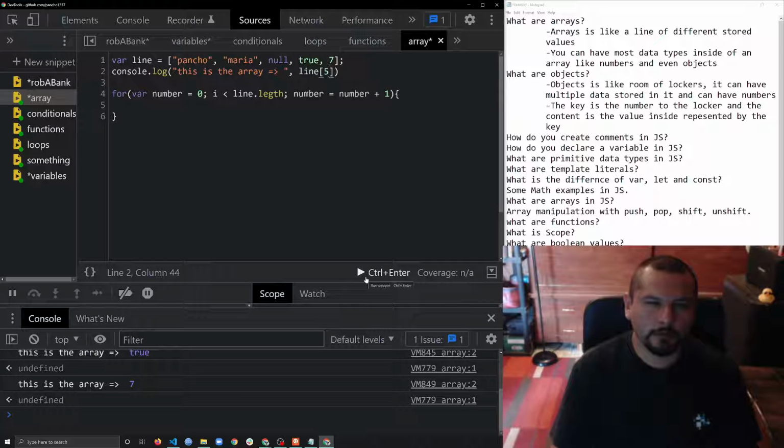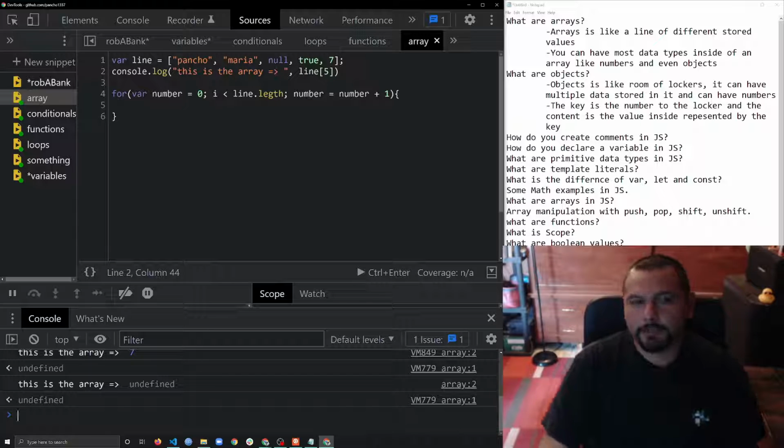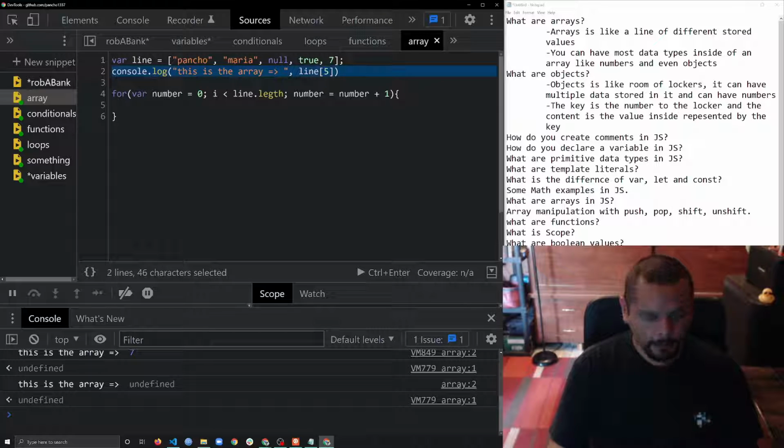Cool. Let's run it. We got undefined. There is nobody in that seat. So by default, JavaScript will return undefined if you're trying to access something within an array that doesn't exist. It returns undefined. Perfect. So now, let us